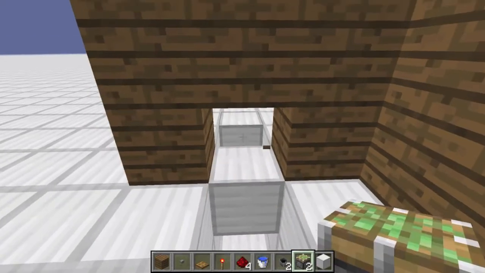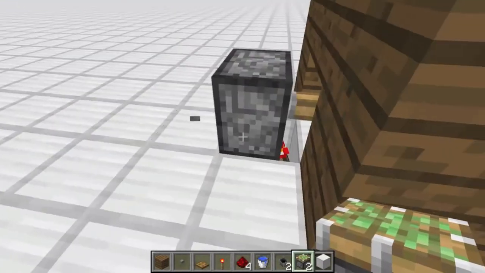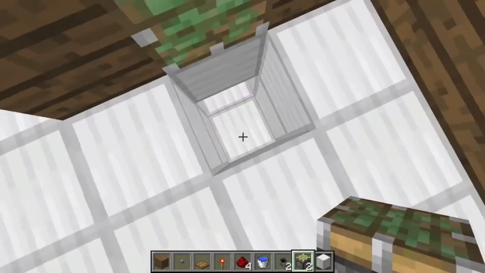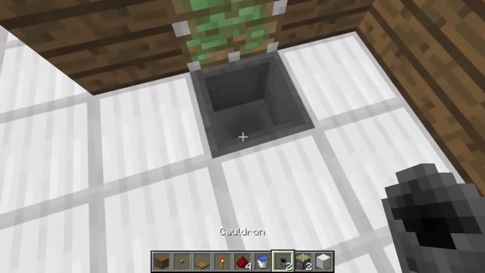So then we're going to take out that block in the wall, and we're going to place a piston here. So this one was just temporary. So that's on the block above the redstone torch. We need to place a sticky piston, and then another one on the floor here. Then we're going to put 1 cauldron here, and we're going to leave that